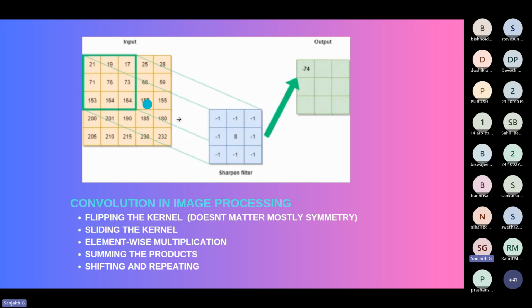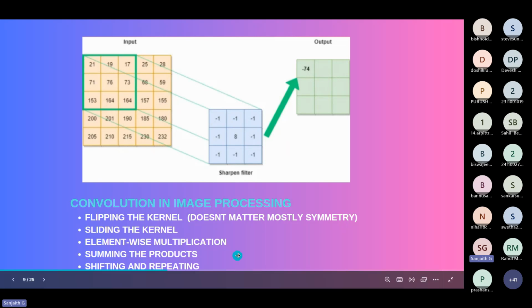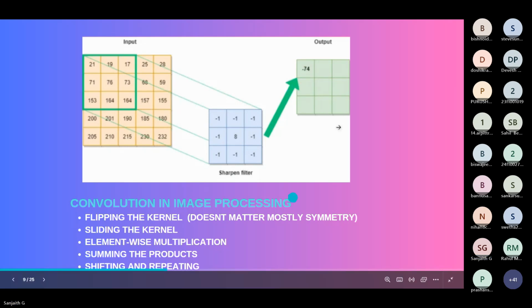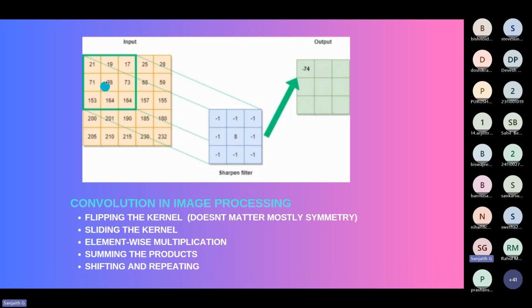We'll be multiplying each and every value: minus 1 into 71, and 8 into 76, 73 into minus 1, and 153 into minus 1, and 164 into minus 1, and 164 into minus 1. We're just multiplying each element with the corresponding element in the kernel. After doing element-wise multiplication, we sum the products, and we get a final sum of minus 74, and we give that value to this pixel in the